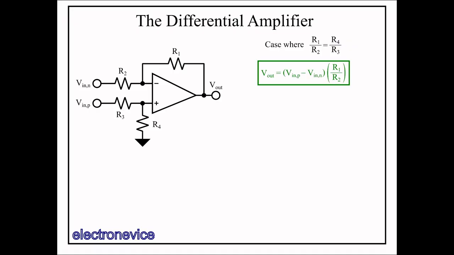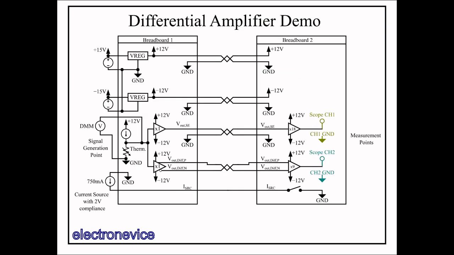To demonstrate more practical benefits of this circuit, we have to make a slightly more complicated system with a source of interference to reject, as well as circuits that generate a signal and create both a single-ended version and a differential version of that signal. Here's a block diagram of the system.